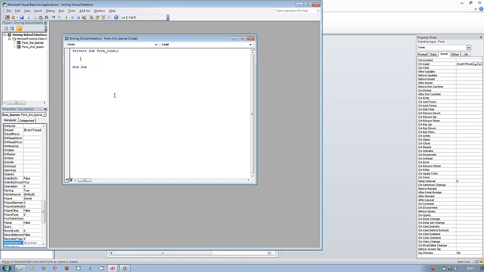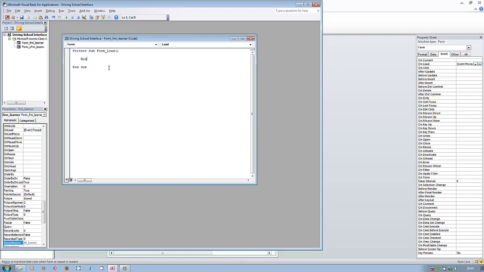So anyway, VBA is a set of instructions that we can type in, and it's a special language. It's called Visual Basic, and VBA is short for Visual Basic for Applications. When the form loads, it will look for something called form load and execute the code between this opening statement here and this end statement here. So what could that code do? Well, that code could do lots and lots of things, but what we're going to ask it to do first of all